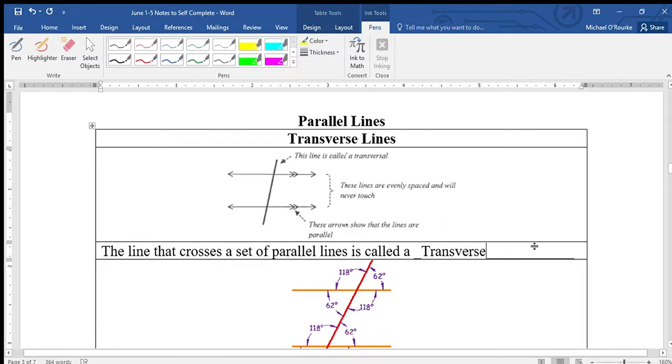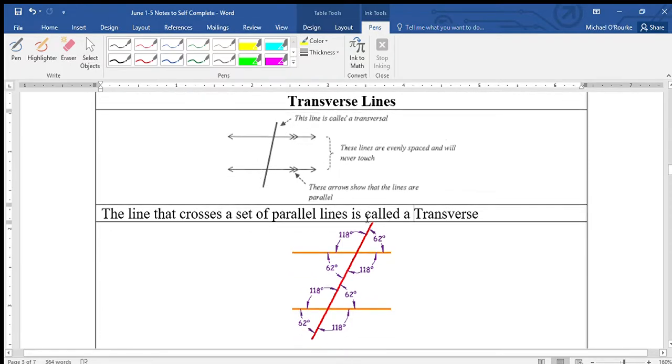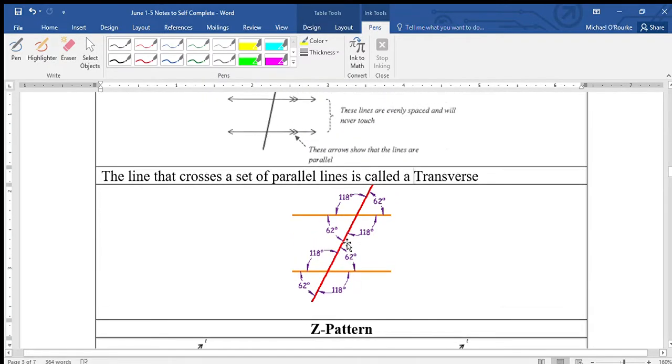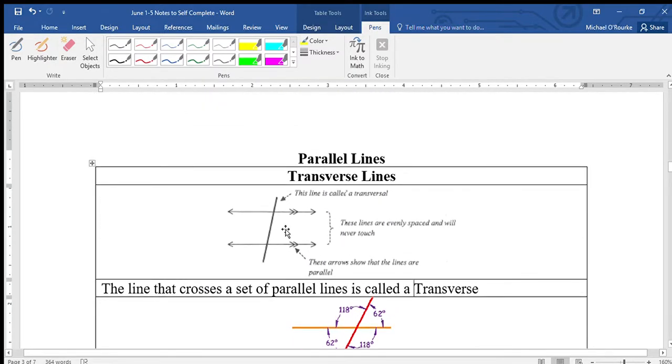And this is probably the one time in your life you'll use it, but that's okay because it's math and you need to know it. And your transversal will be used in different contexts throughout your life. But essentially, a transversal line is a line that cuts across two parallel lines. A line that crosses a set of parallel lines is called a transversal. You can see here it cuts across. They're really convenient for finding